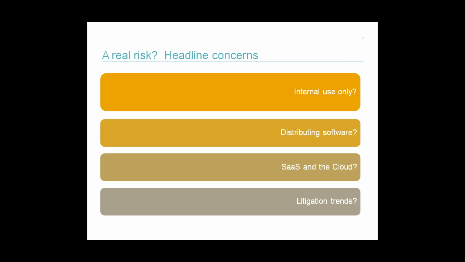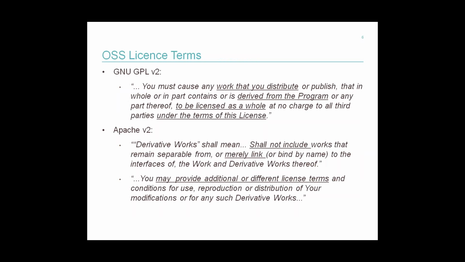But the one thing it does teach us is that open source, because it's becoming so much more prevalent, is something that you really need to be aware of. The stakes are a lot higher because people are using it for business critical systems now. So the incentive to bring a claim and see it through to litigation is increasing. Although there were a couple of cases through the 90s on open source, we may see an increase now and hopefully get more certainty as to how these open source licenses are meant to work.